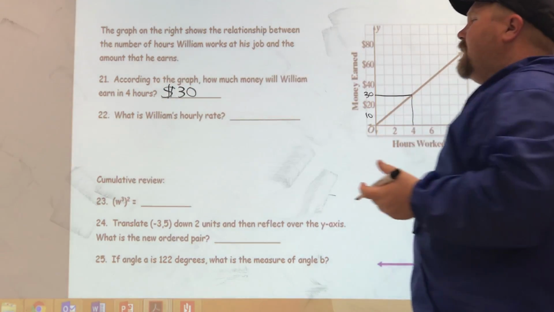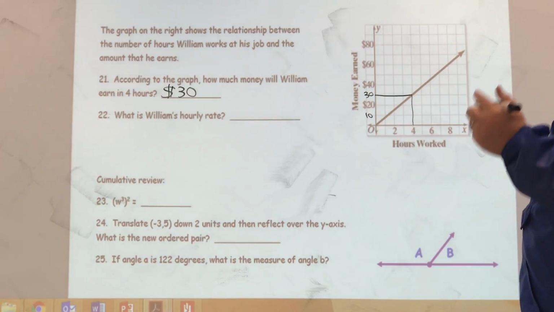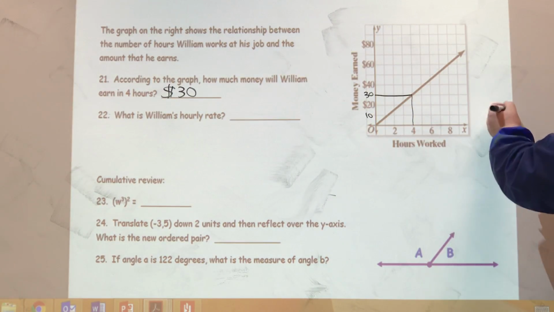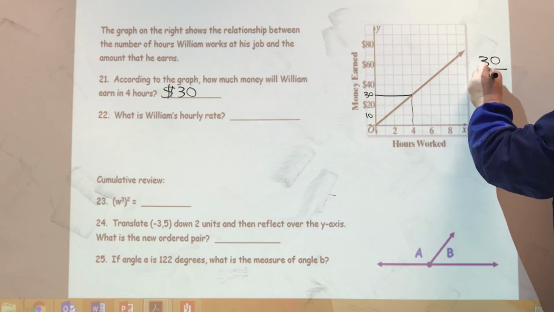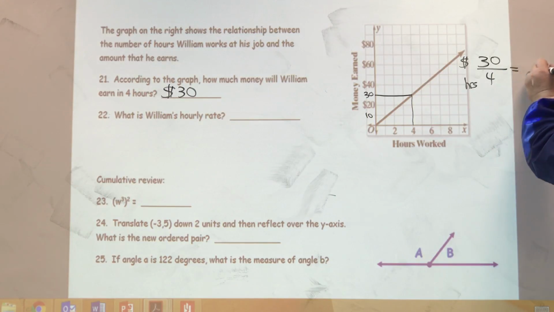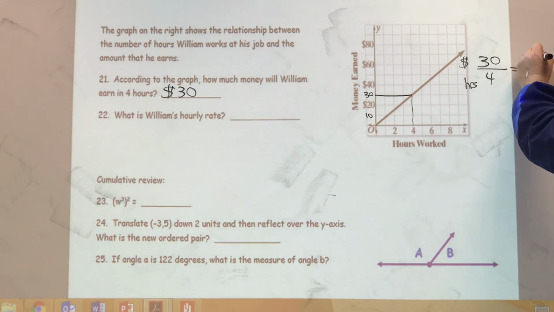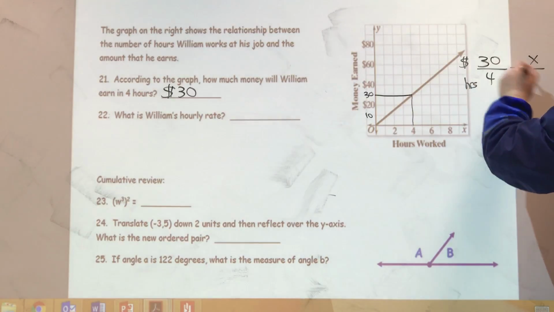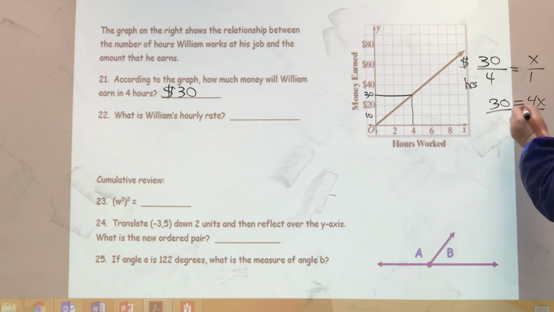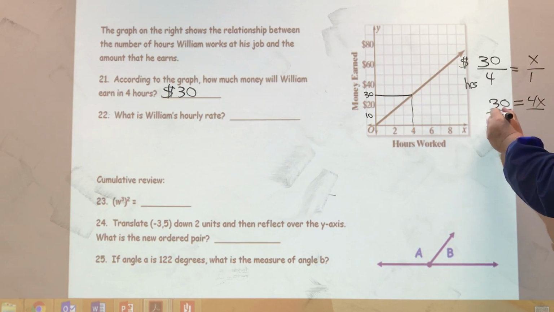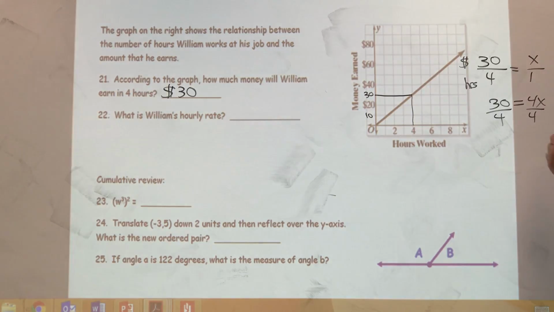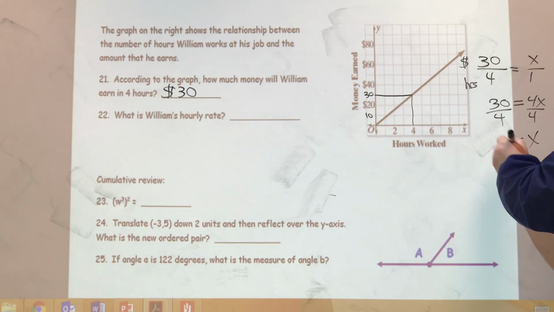From that point, we can figure out what his hourly rate is. There's two ways. You can do 30 divided by 4, and you'll get the hourly rate. Or you can set it up as a proportion, 30 over 4. This is dollars over hours. We want to find out how much he makes in 1 hour. So we're going to put an X for the dollar amount. So 30 times 1 is 30, and that would equal 4X. So just like I said, you could do money divided by hours. We're about to do money divided by hours, and we find out that X equals